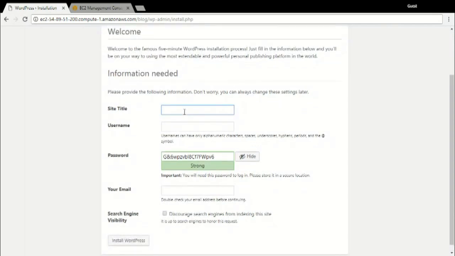You just need to mention the site name. You can mention any name. Username.